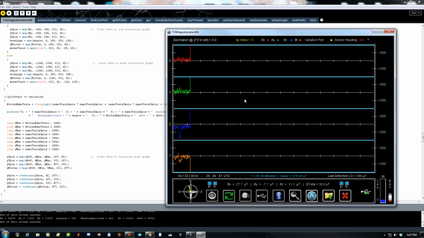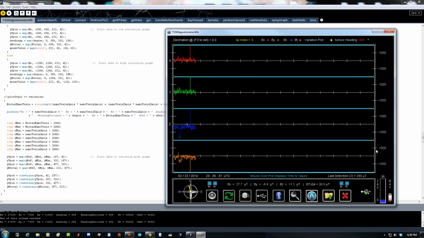I just got transient detected, literally just got this working. So anything along this line is 0 variation in either direction,